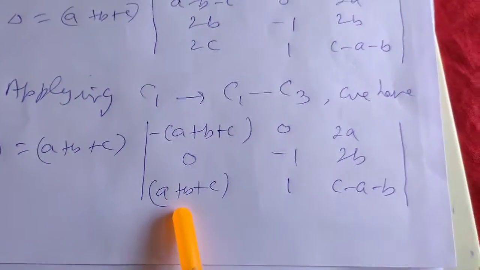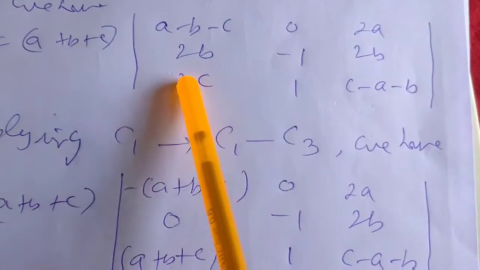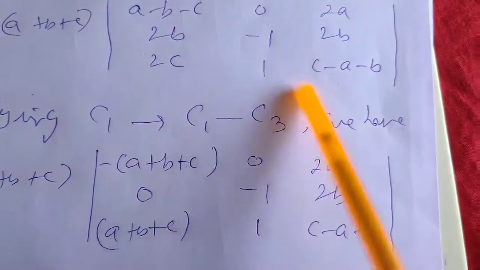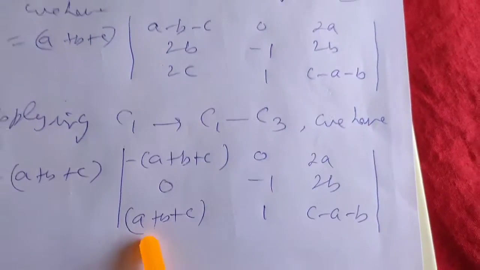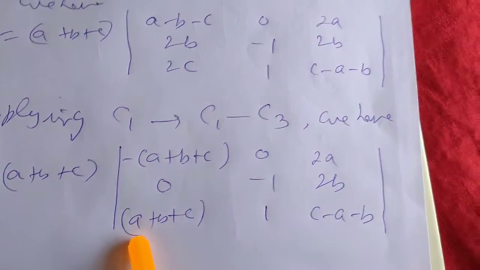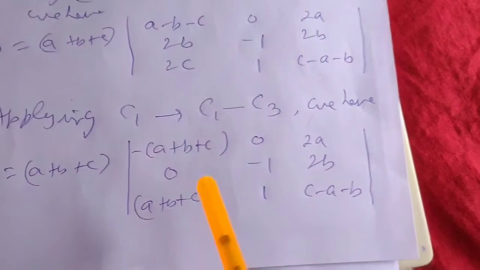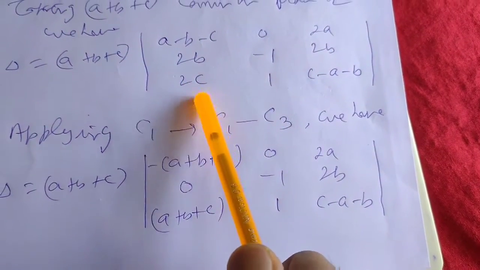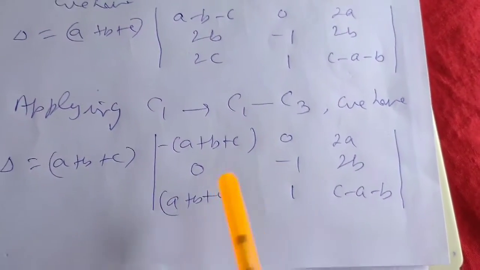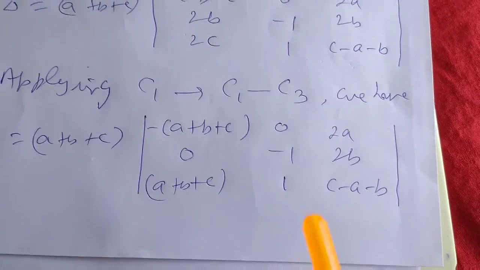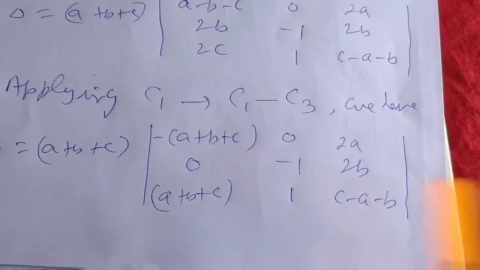I think this is very clear to you all. 2c minus, in bracket keep c minus a minus b. So 2c minus c, that is plus c, and this will become plus a plus b. Now we do not have to write each and every step. I have not written it in that way because now you all are in class 12. So it is better to write in this way.